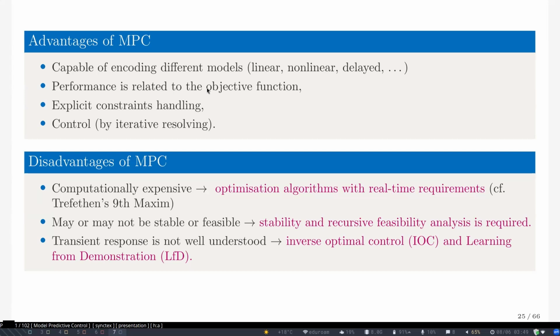The other thing is that the transient response is not well understood. It does all sorts of weird stuff until it gets to steady state. How you can get around it is through what is called inverse optimal control, and in certain circles it's known as learning from demonstration. That's where you try to encode some domain knowledge back into these algorithms, by selecting appropriate costs that mimic a desired behavior that a particular expert might like.